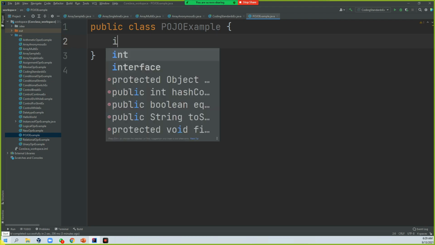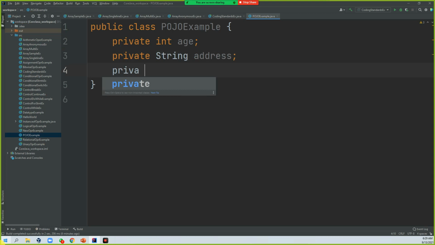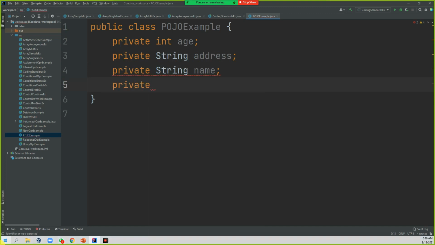Here, private int age, private String address, private String name, phone number.